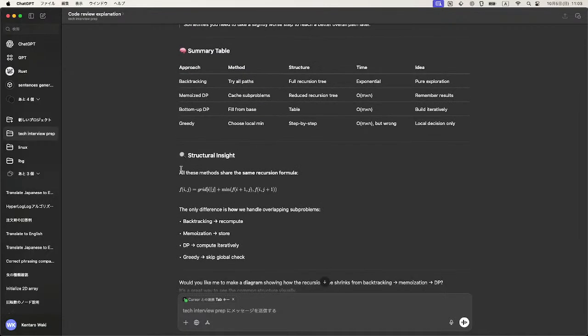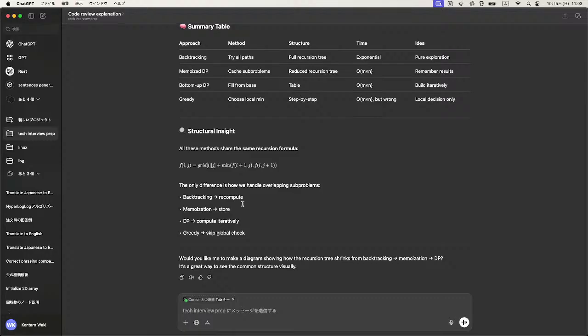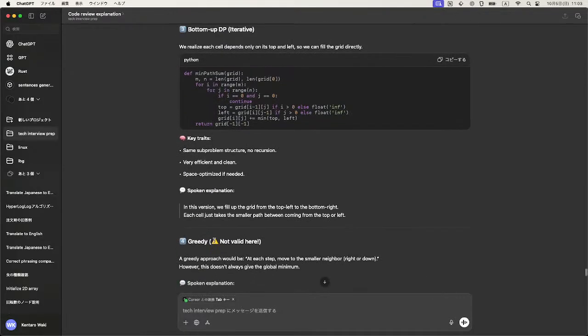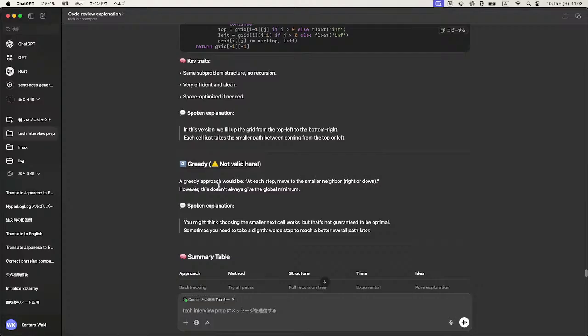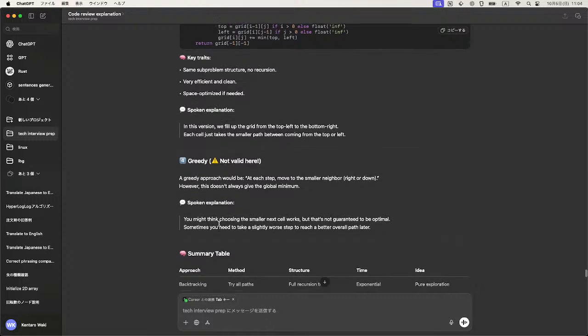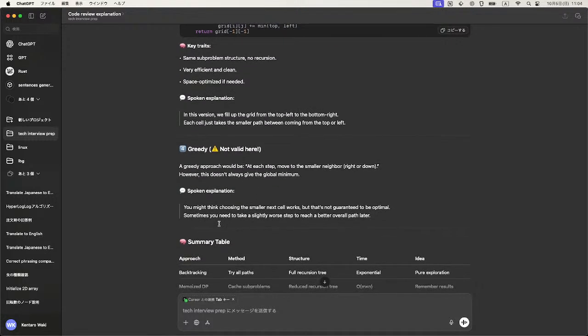Structural insight. All these methods share the same recursion formulas. The only difference is how we handle overlap intervals: recompute, store, iteratively, skip global check. A greedy approach will be at each step move to the smaller neighbor, right? However, it doesn't always give the global minimum. You might think